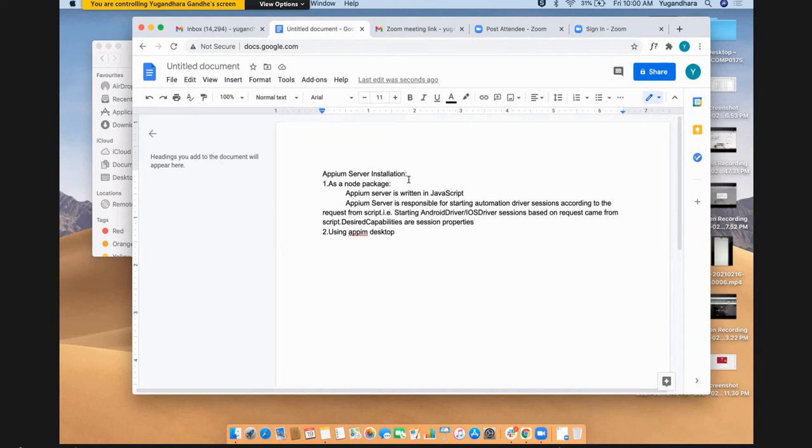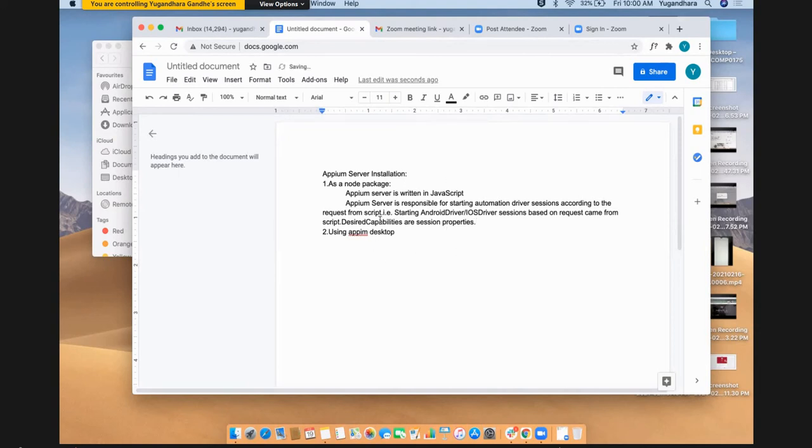That information required for the server to establish the session is sent to the server in the form of desired capabilities. We are going to talk about it more when we see the end-to-end flow of our test execution. There we would be talking more about the desired capabilities, but I'm just building a concept here of what APM server is doing.